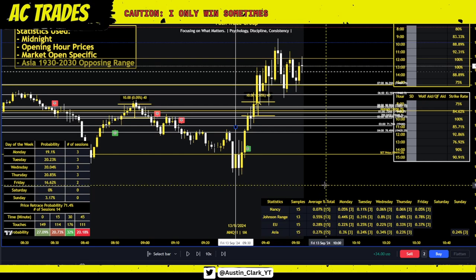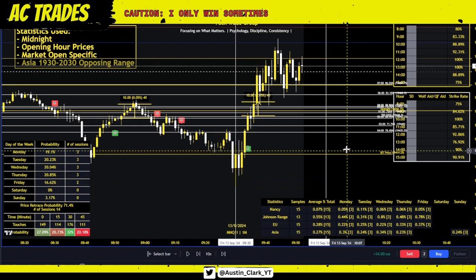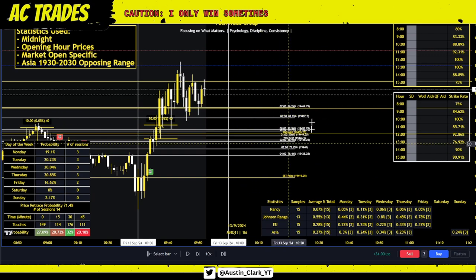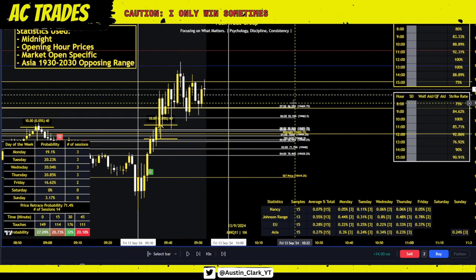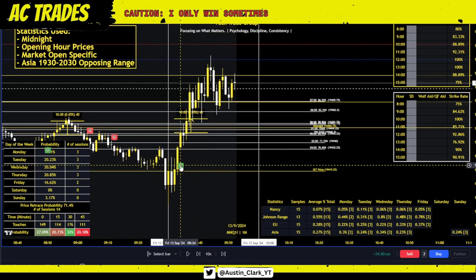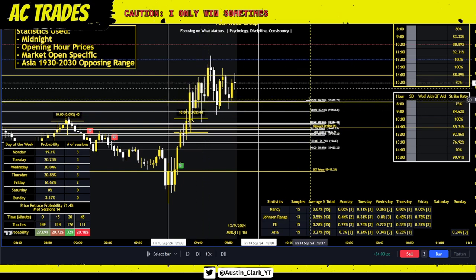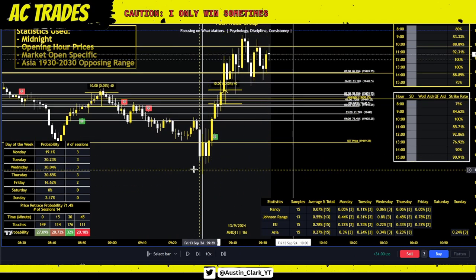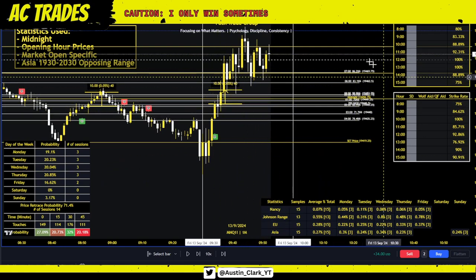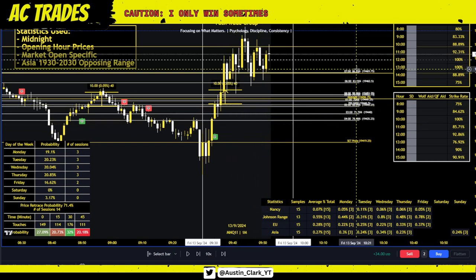Guess what also we have? 9:30 to 10 o'clock, last 30 minutes, retracing the highest probabilities of all of these opening hours. And so this long at 9:34 would still be stupid high probability because we had 7 o'clock still at 86.2% probability. We have the last 30 minutes of 9 to 10 trying to retrace as many opening hours as possible. And on this day, we hit all of them. So again, what else do you need?